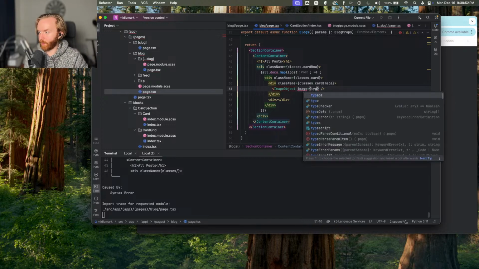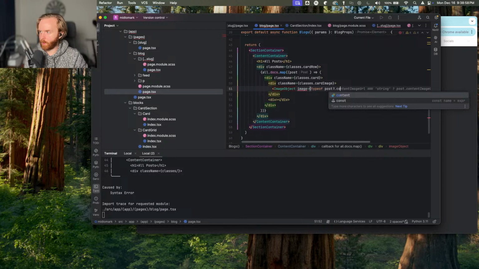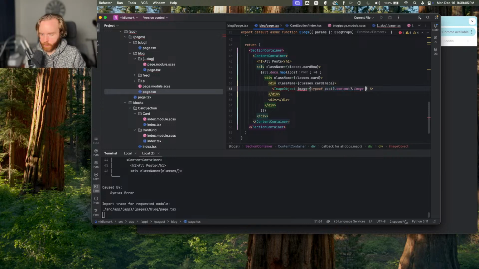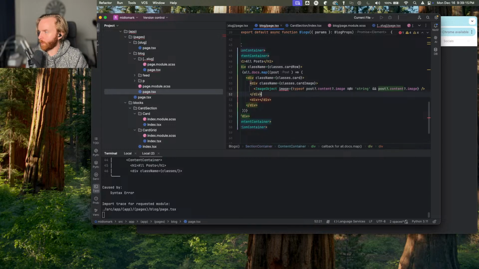Well, first, I'm sure we're going to have to do type of post.content.image, and do that is to not equal to string, and so that should show up whenever we're done here. So we have our image, and then we're going to have our class name, classes.card body, where we will have,